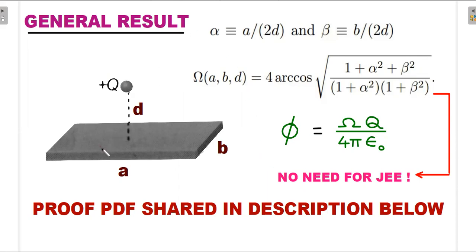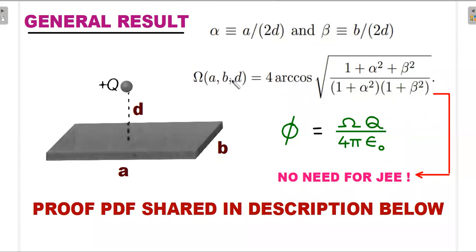Okay, so the general result for any rectangular plate, flux associated with a point away from it on the line of symmetry at a distance d. So the 3 parameters: a, length of the rectangle; b, the breadth; and d, the distance of the point on the line of symmetry or the axis of that plate, is given by this expression. I'm saying there's no need to mug up this expression. It's not needed for JEE. Then why are we doing this? To curiously find out what the answer is among the 4 options, because in the community post, a lot of students wanted to know the answer.